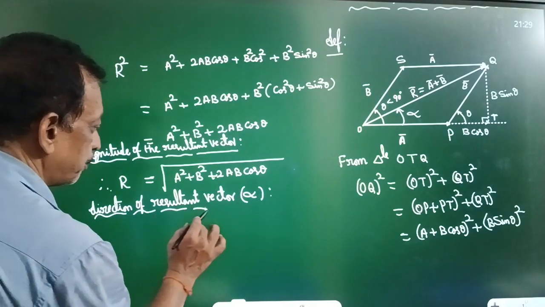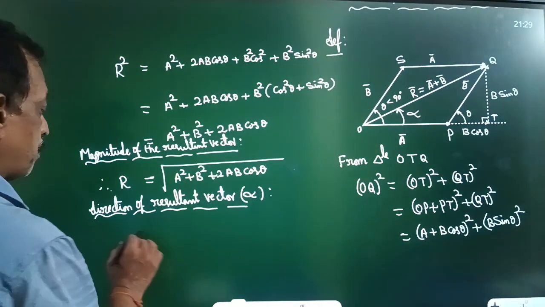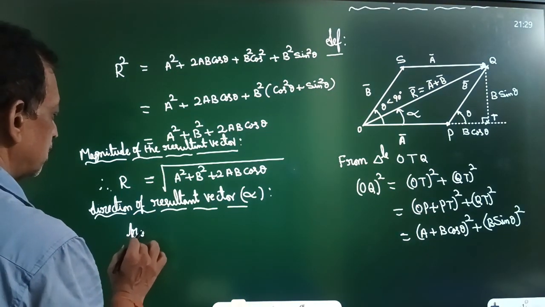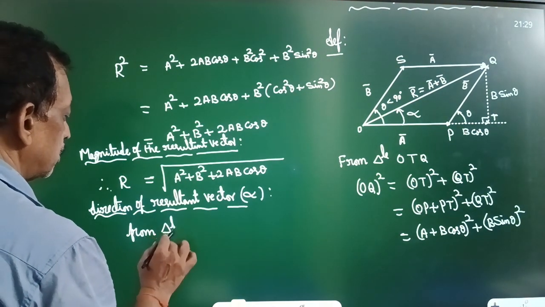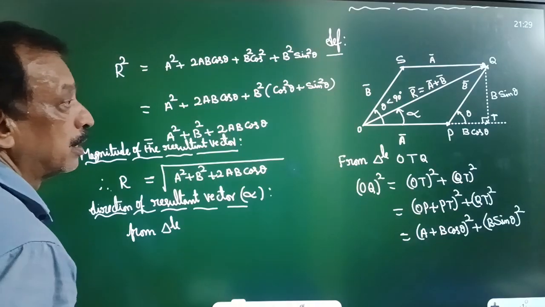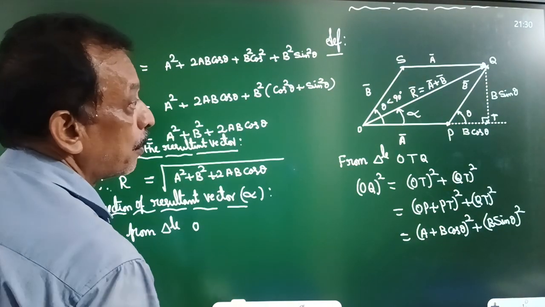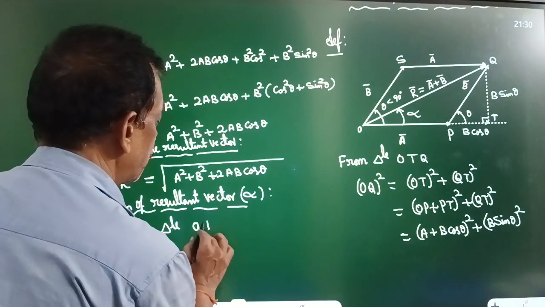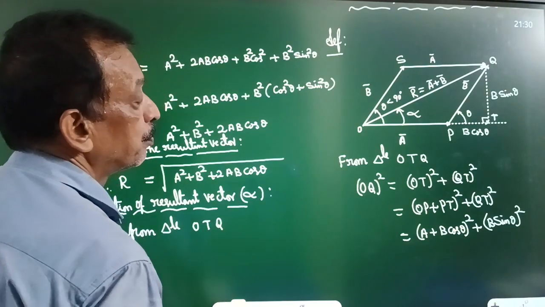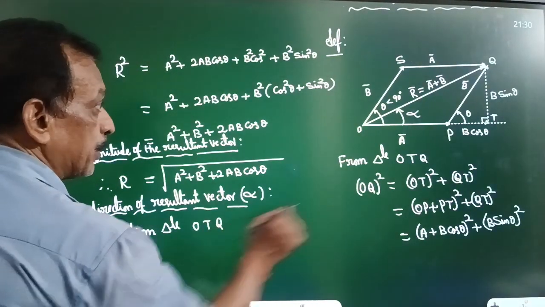Alpha is the direction. Now from triangle OTQ,